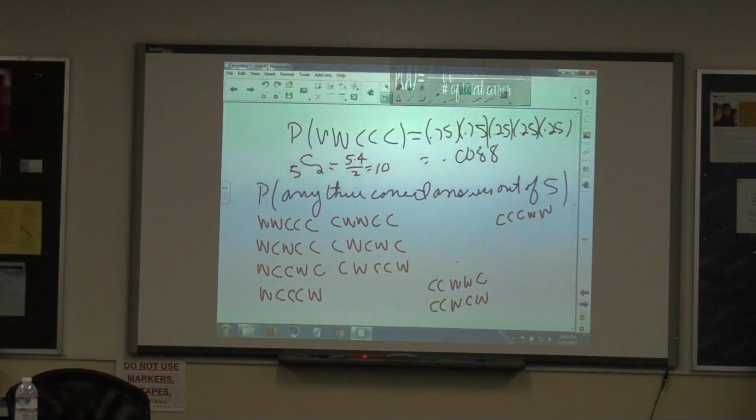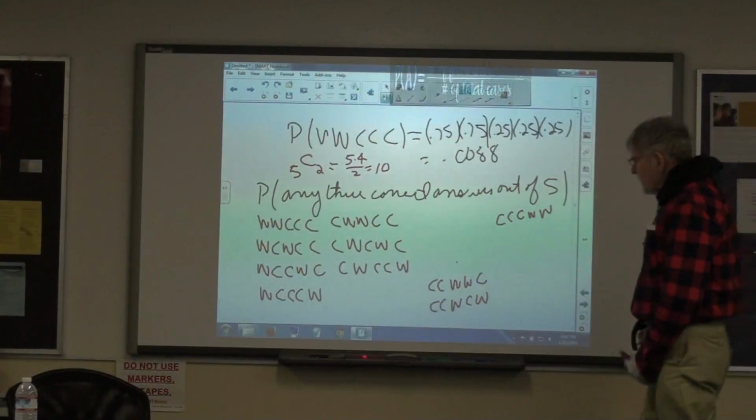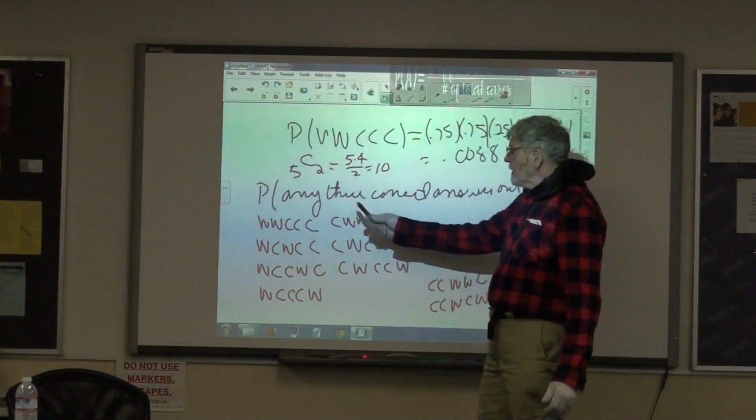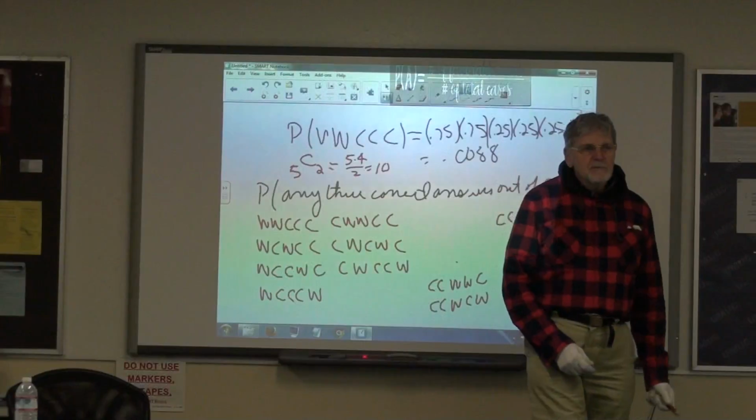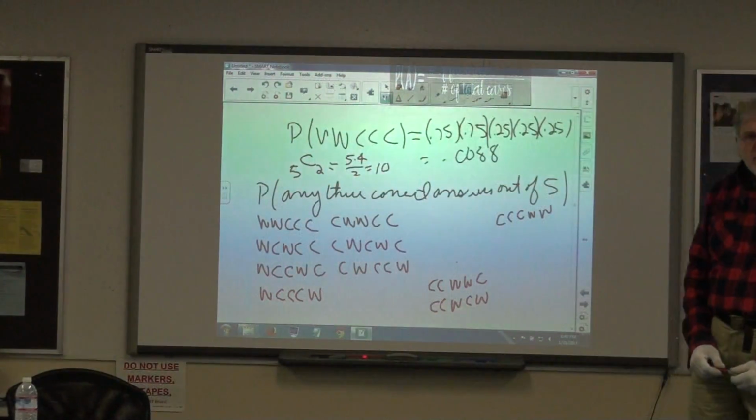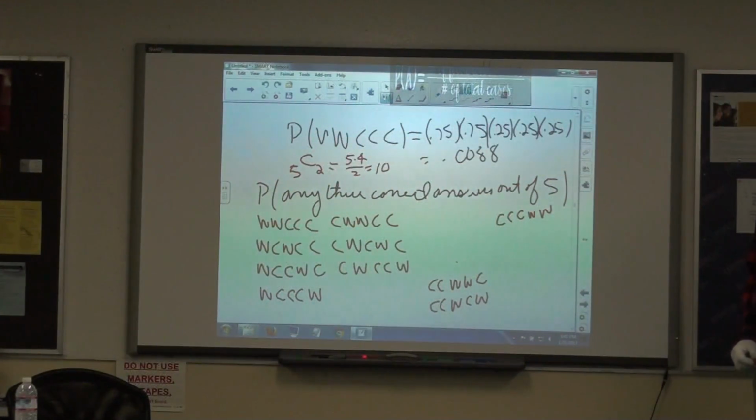Now, which is the easier way to count these? By writing them all out or realizing you're taking C5 2? And is it true that that's all we're doing? We're taking C5 2, agreed? So that's where the C in X comes from. You can write them all out if you want to, or you can just take C in X.